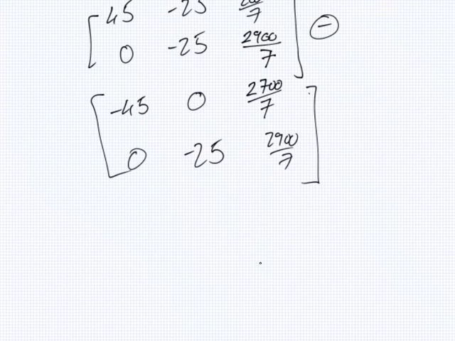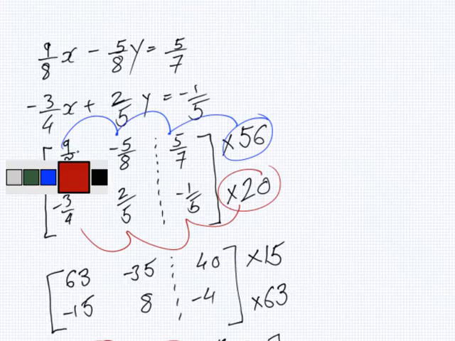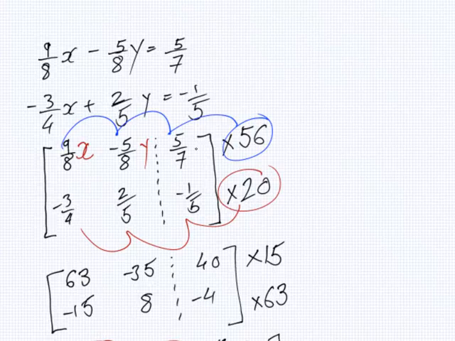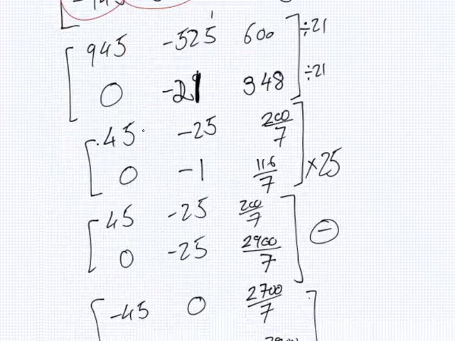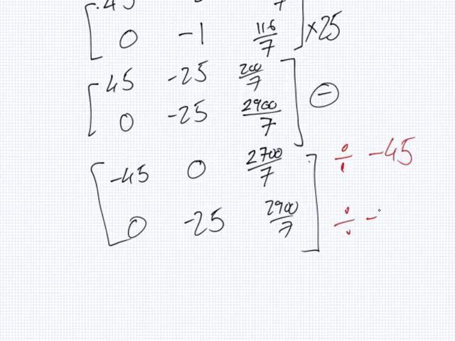let's remember what this box represents. If we go back to the very start, this is 9 over 8x minus 5 over 8y equals 5 over 7. And this is minus 3 over 4x plus 2 over 5y equals minus 1 over 5. Yeah? So look at what we have down here. I have minus 45x equals this number. And then what about here? I have minus 25y equals this number. So, if I divide this by minus 45 and divide this by minus 25,